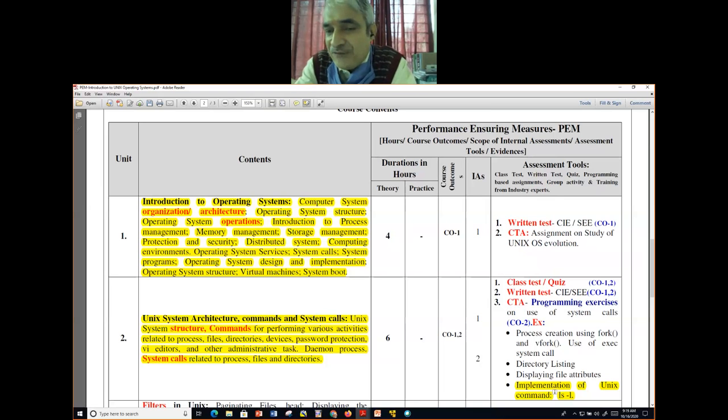Please read every line given in the textbook. Limit it to introductory level. Don't get into the depth of that, because this is an introductory course and next semester we will get into details. The reason is that earlier these two chapters were not in your syllabus. We have added them this time, even last time also. We had three operating system courses, and when we were reducing credits from 200 to 175, one of them, Unix system programming, we removed. Part of that we are putting here, part in the next semester.